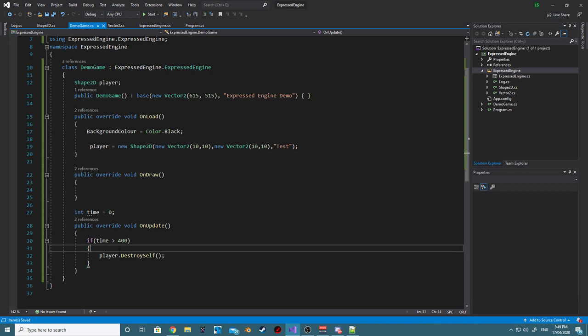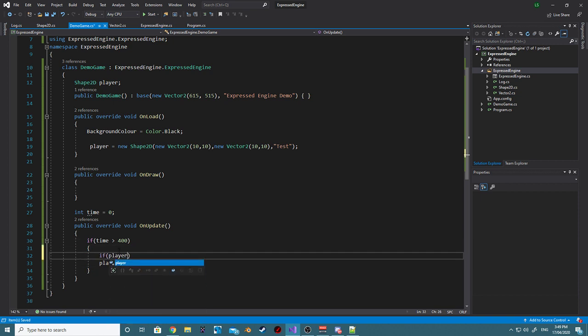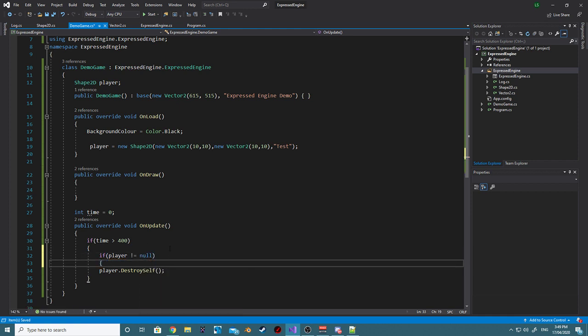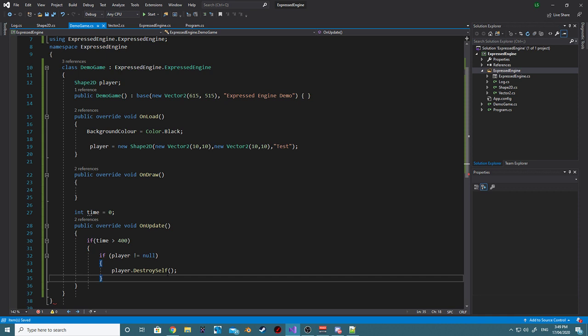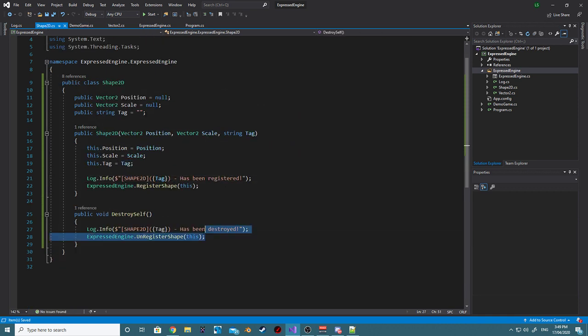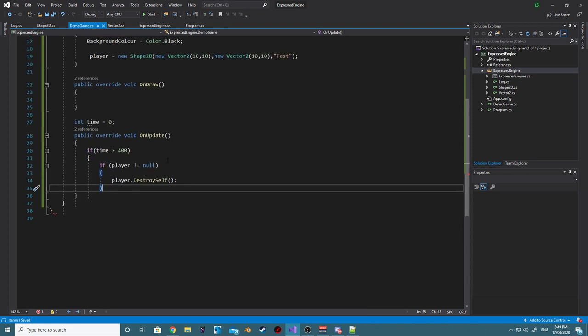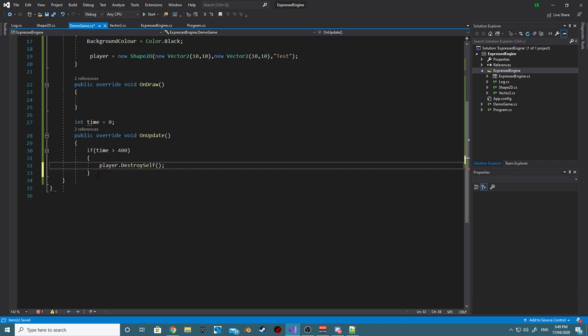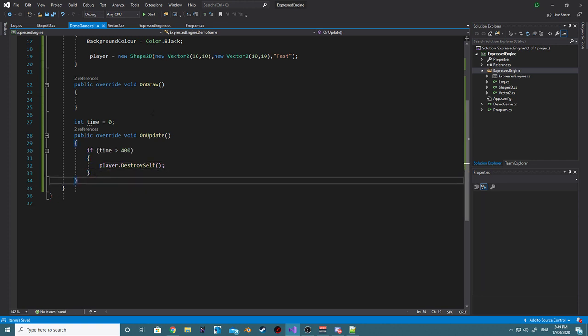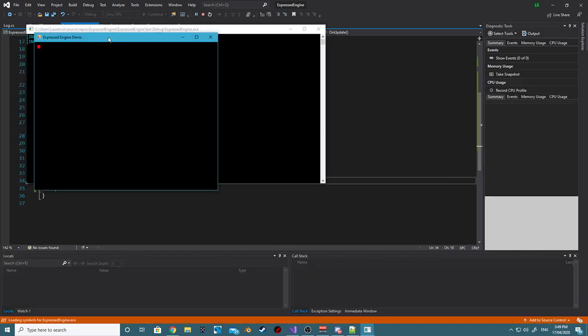so then what we need to do as well is if player is not equal to null, because once it destroys itself, I believe, actually it will still exist, right? Because all it's doing is not registering that shape in the engine. So we don't really need to do that, but we're going to have to figure out a way to handle it correctly later on down the line. So if we start this,